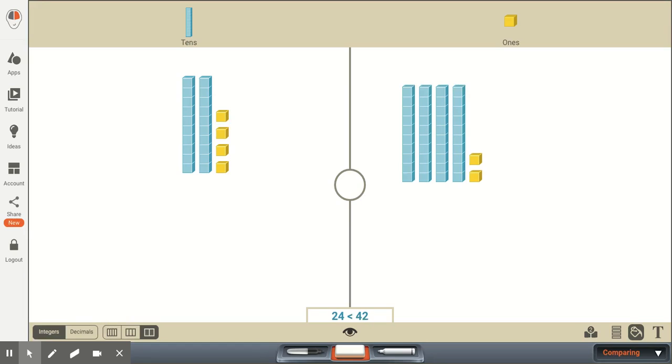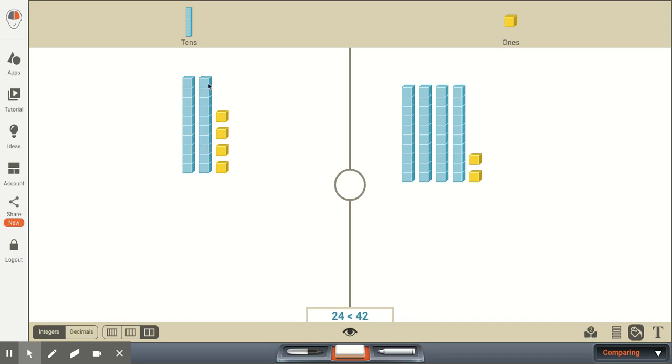The last example that I want to take a look at is comparing the numbers 24 and 42. To some of our first graders, they may look at these two numbers and see the digits 2 and 4 in both of the numbers and think, since both numbers have the digits 2 and 4, they must be equal, and then they put an equal sign between the two numbers. So if your first grader is doing that, once again, it's very important to make sure they understand the value of the tens and the value of the ones.